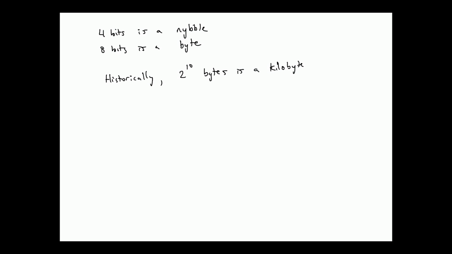Let me make sure I've got the number right. 1, 2, 4, 8, 16, 32, 64. Hold on one second. I'm having a derp moment this morning. Yeah, okay. 2 to the 10th bytes was a kilobyte. This is 1024. Okay, so